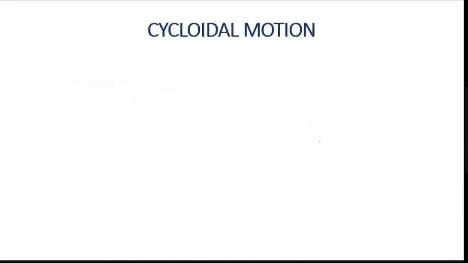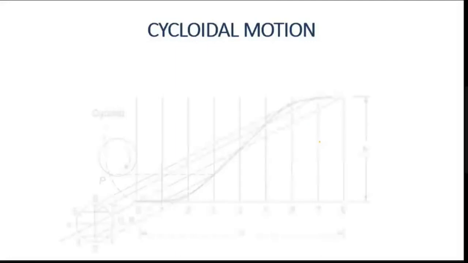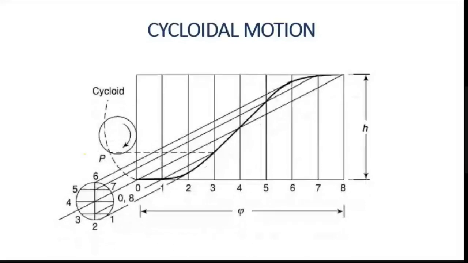Can you see that? So next, cycloidal motion, the last motion. It is like you have a circle which is revolved around this. In the stroke, as the circle revolves, the curve that comes is cycloidal motion. It is based on the revolution of this curve. Let us see how to do this. First, draw the box. The length of the box is theta and the height of the box is s, the stroke length.